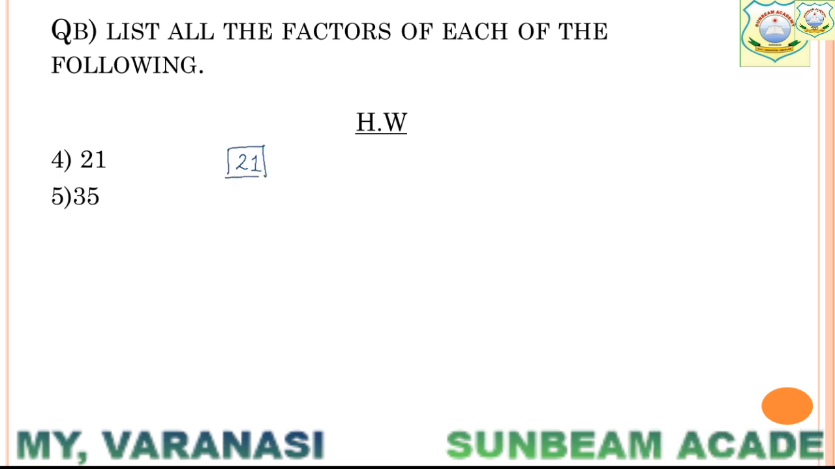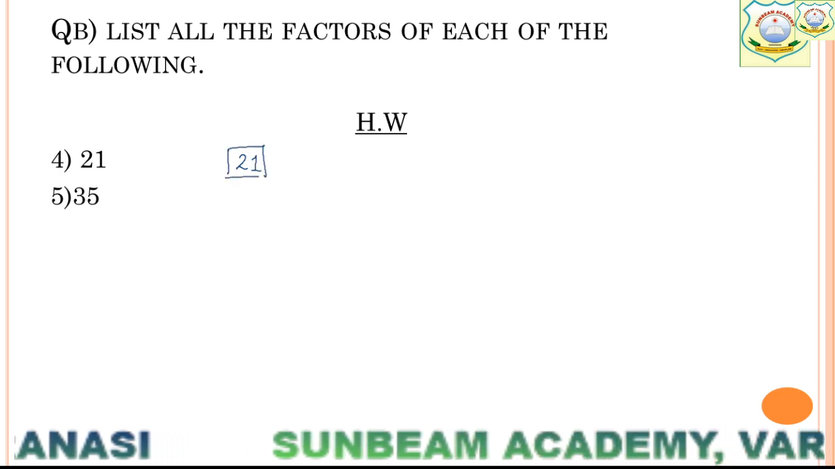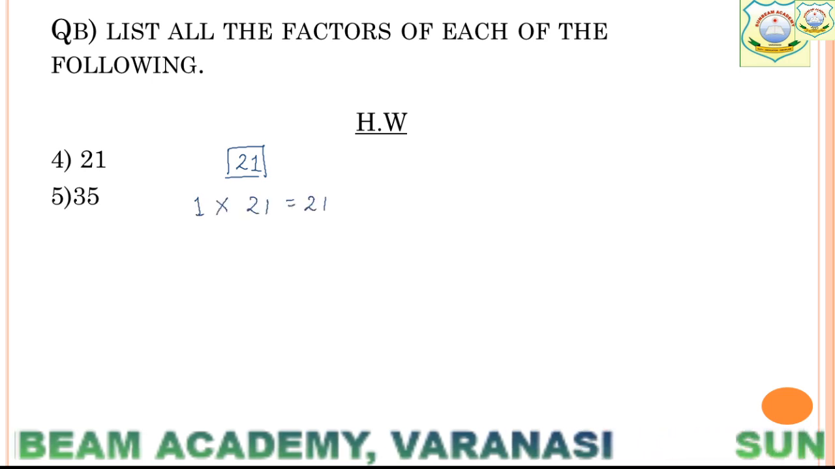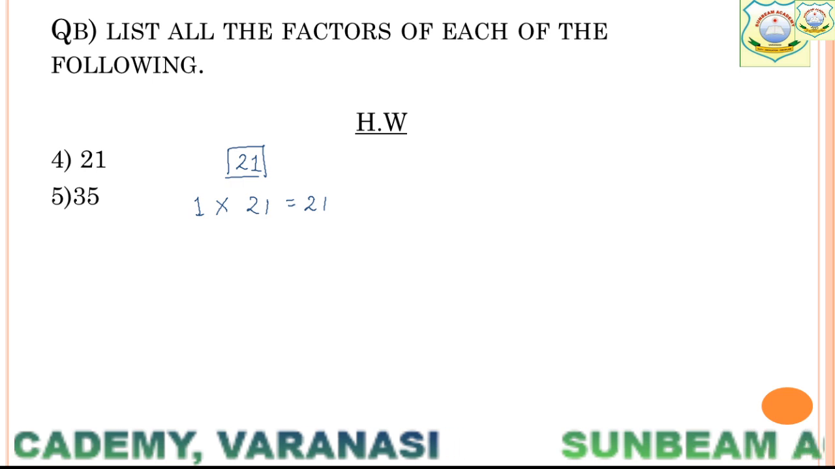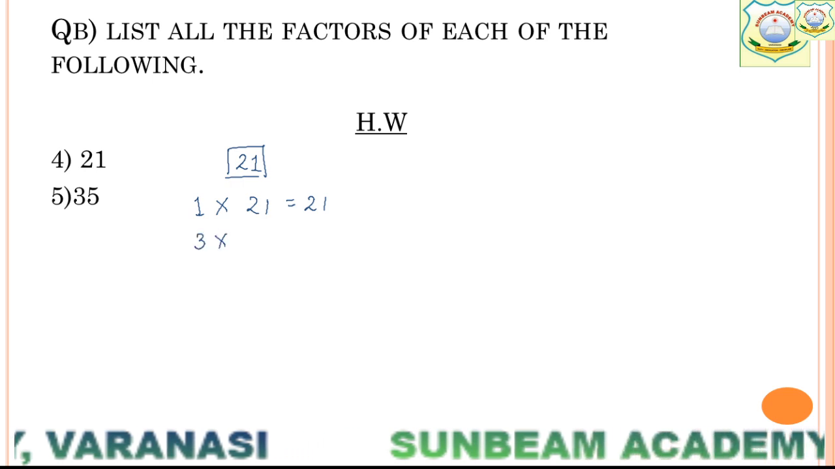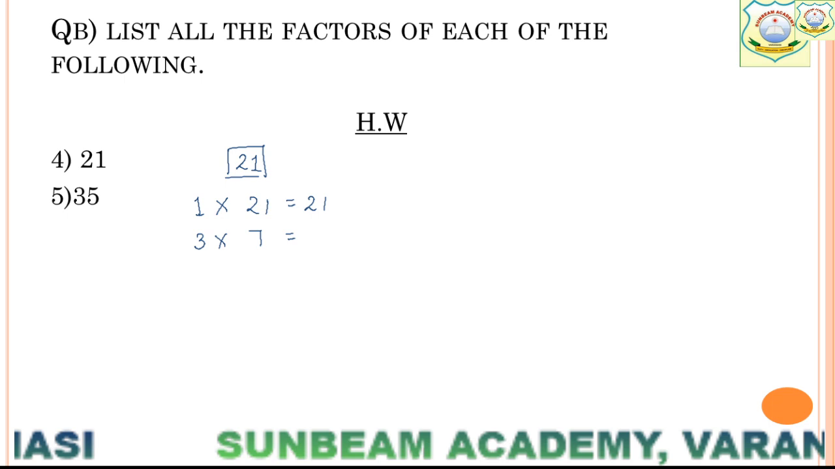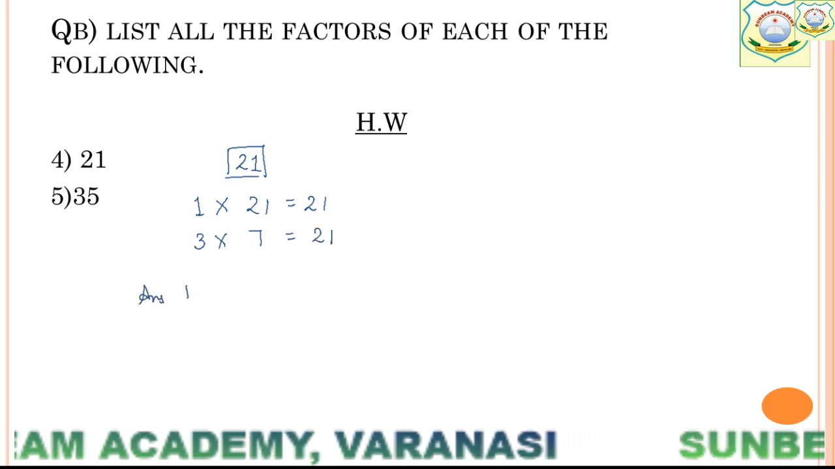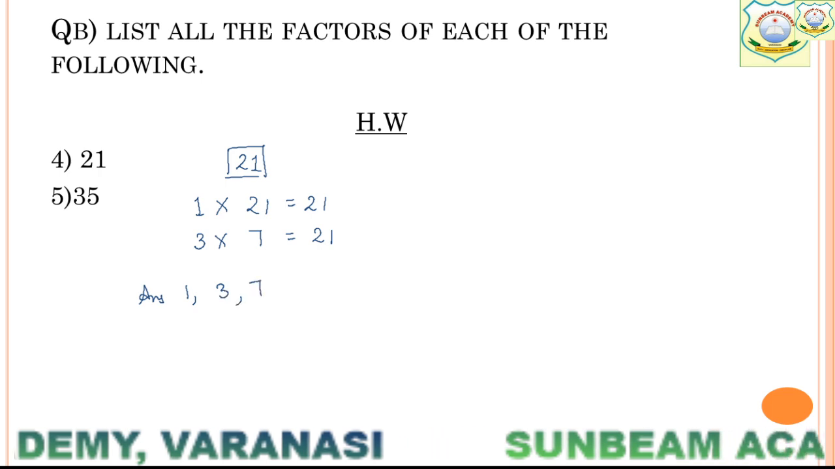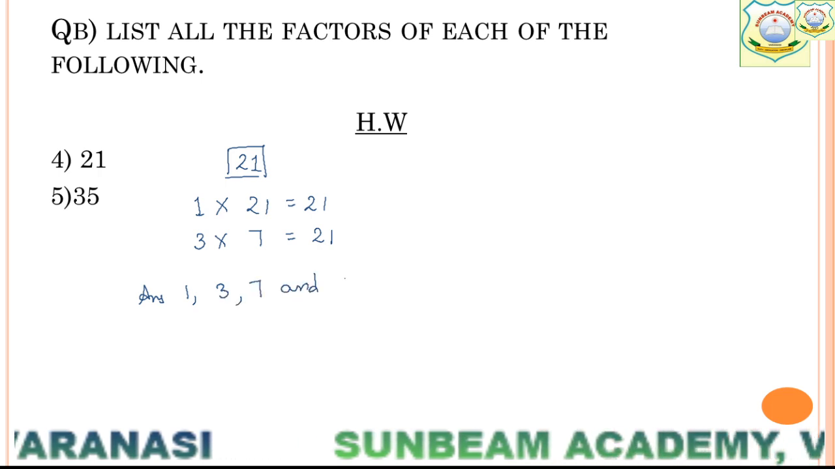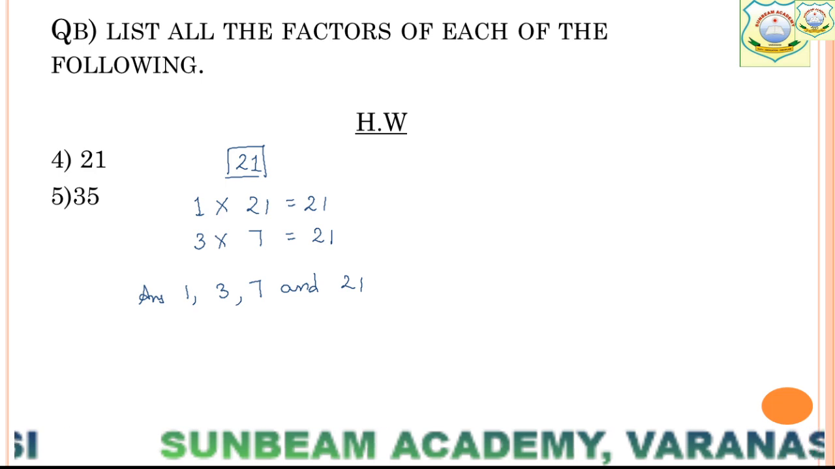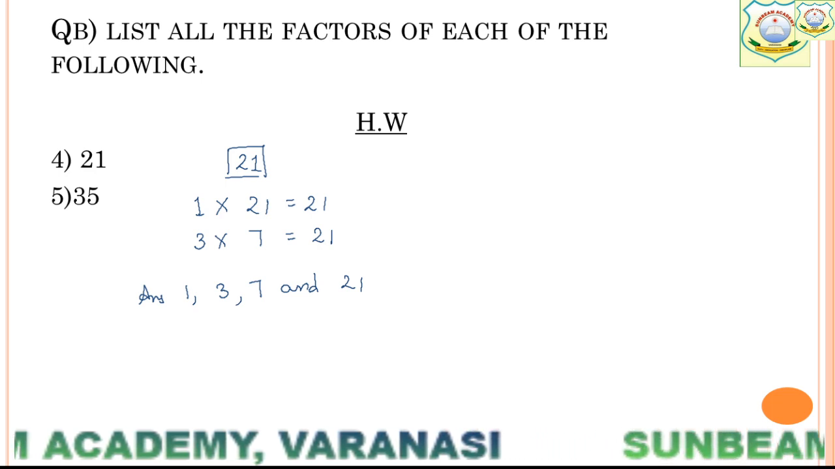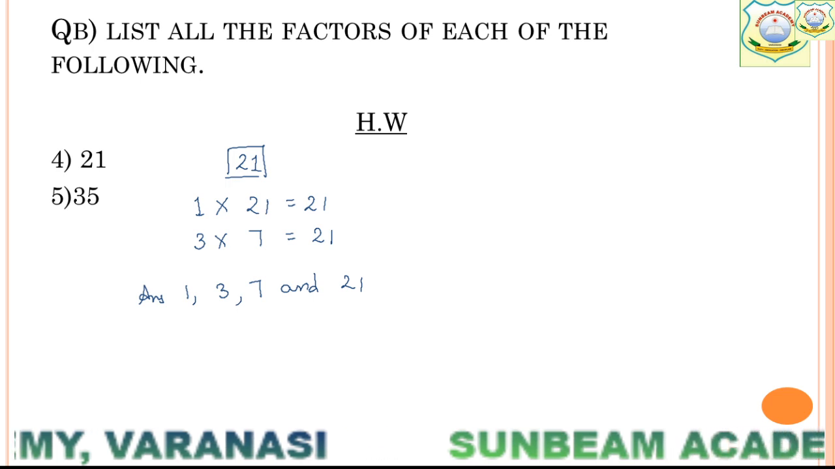That's the number. Now what are the factors of 21? 1 multiplied by 21 is 21, right? You have done this. Then 3 multiplied by 7 is equal to 21. So what are the factors of 21? 1, 3, 7 and 21. These are the factors of 21, right? I hope that you have done it in this way only. So if you are using